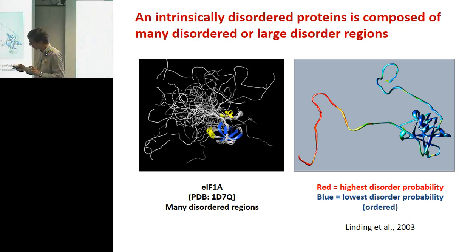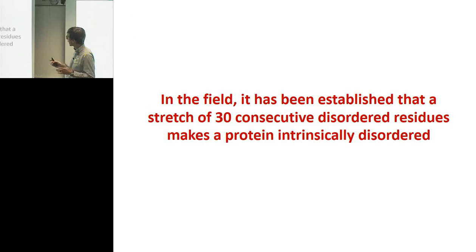And the challenge is that when you talk with people about what they consider an intrinsically disordered protein, they will tell you that there are multiple definitions. In the literature, the state of the art for what is considered a highly disordered protein is that if you have a stretch of 30 consecutive residues that any algorithm says are disordered, then you say that you have an intrinsically disordered protein or an intrinsically disordered domain. However big the protein is. So that's what is considered the state of the art.